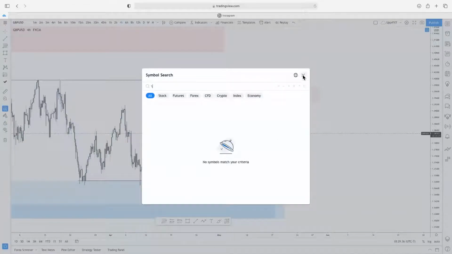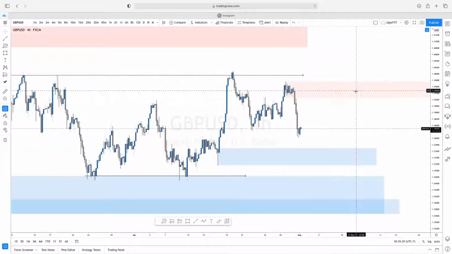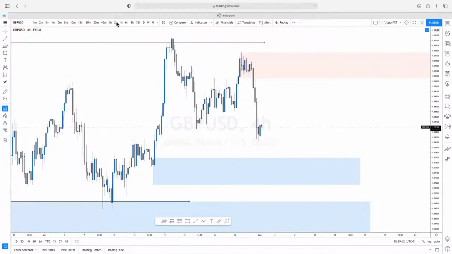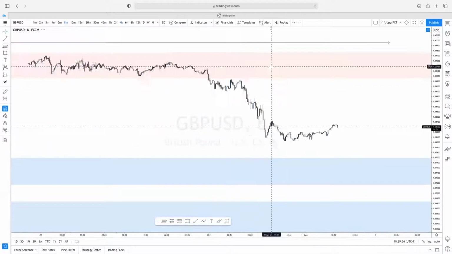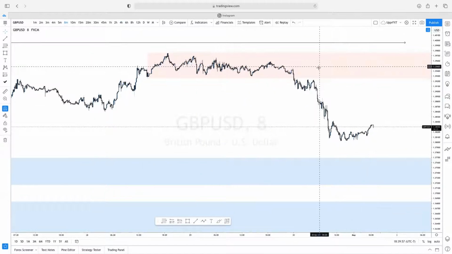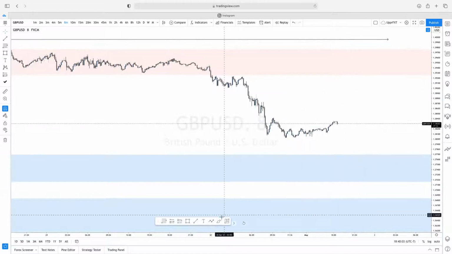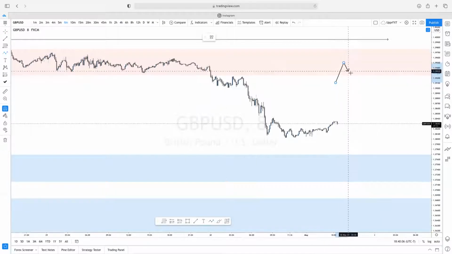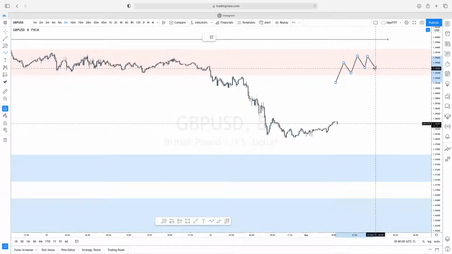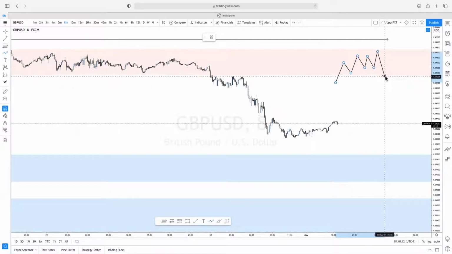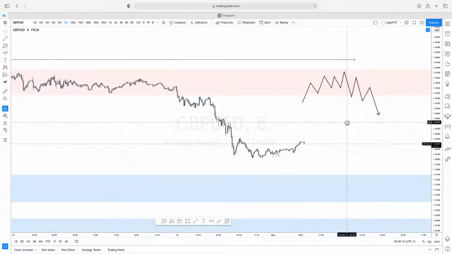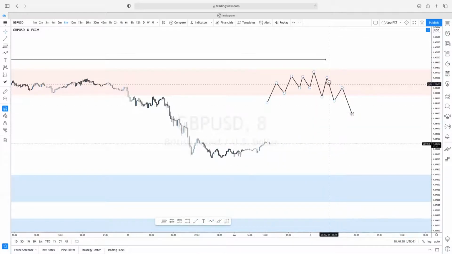If we do end up coming back into here and we get an accumulation or a distribution on a lower time frame, not on the 4 hour, maybe on the 15 minute or 8 minute, around there. If we get a 15 or 8 minute distribution in here and we see breaks of structure, so if we come up and I start to see this, highs taken, break of structure, test, something like that, trading lower,